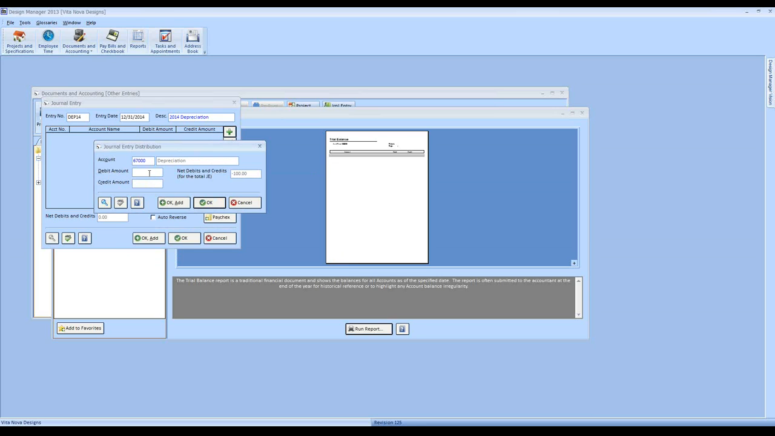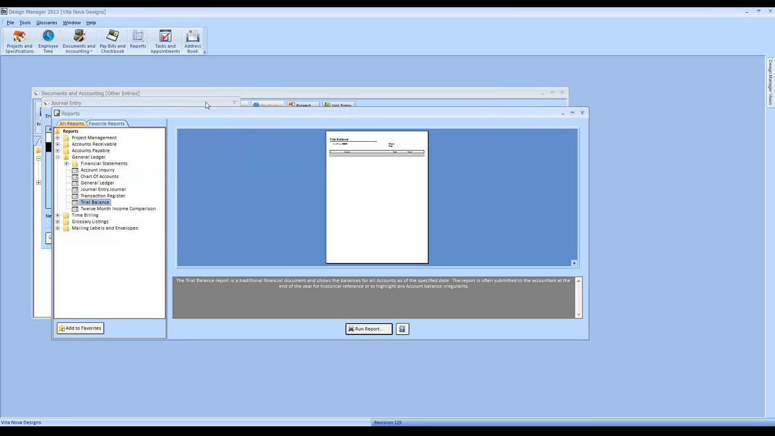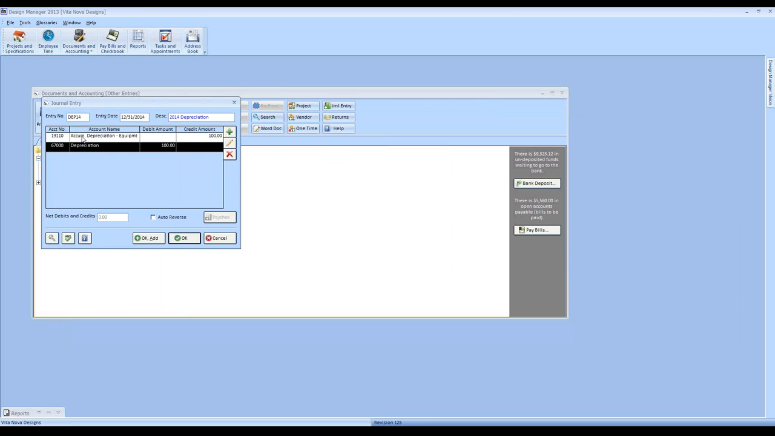In this case, I'm going to be debiting it or increasing the depreciation expense account by entering in $100 in the debit amount. Upon doing so, notice that the net debits and credits goes down to 0, indicating that my journal entry is currently, quote-unquote, in balance. Click OK. We can see there is our depreciation being reduced, our accumulated depreciation being reduced, and our expense depreciation